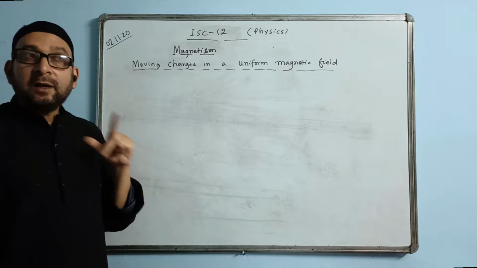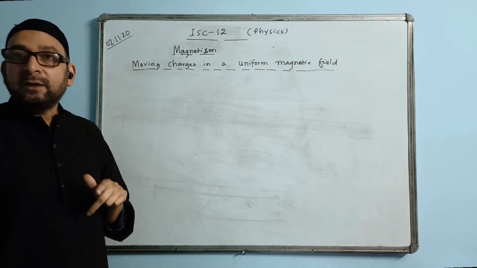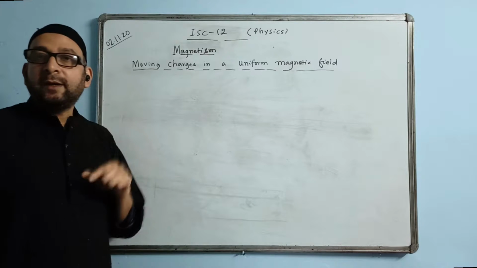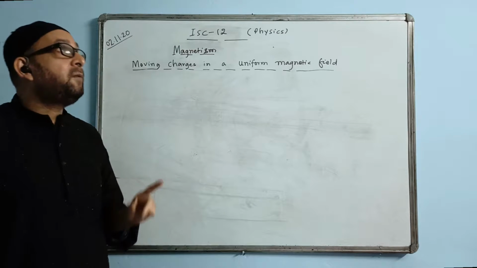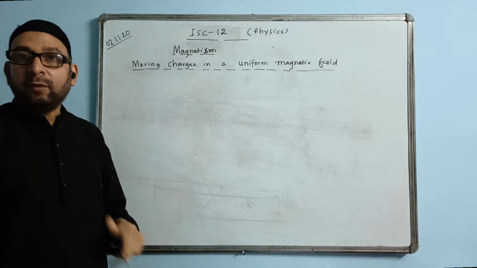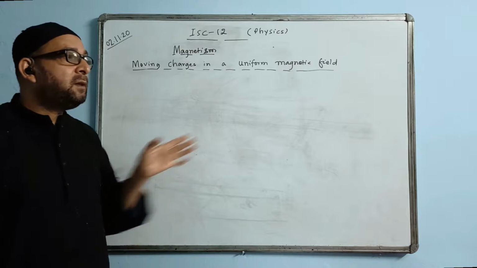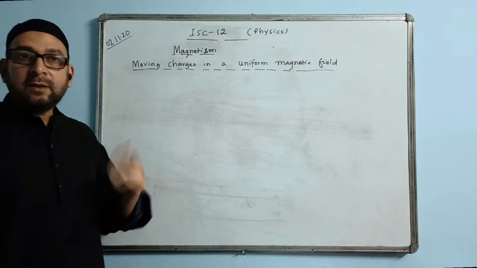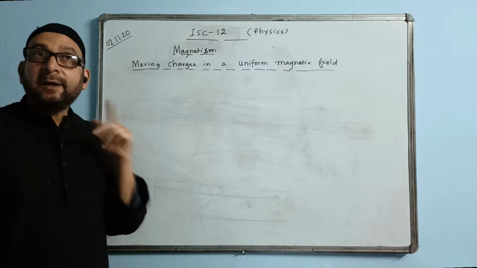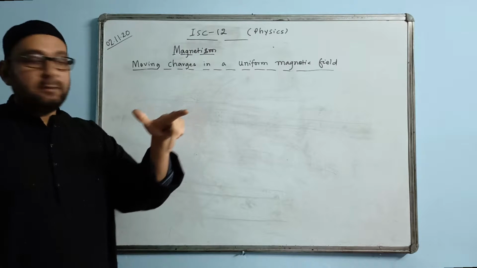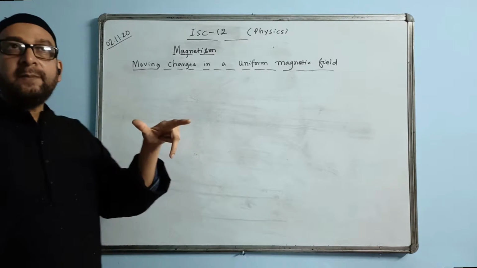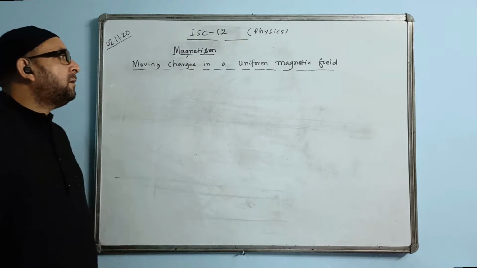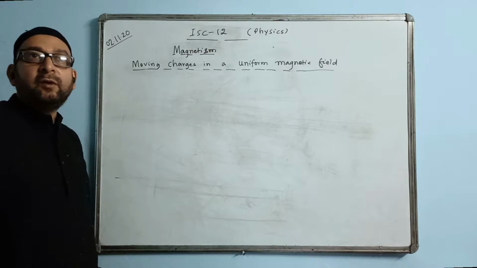But whichever direction the electron moves, the current will be in the opposite direction. So you have to remember that, because the flow of electrons and the flow of current are exactly opposite. If electrons are going upward, then current will flow downward. If electrons are going to the right, then the current will flow to the left. Just opposite. So we have to take it current wise. Of these three fingers, the third finger, the middle finger, represents current, not the electron. Remember it.